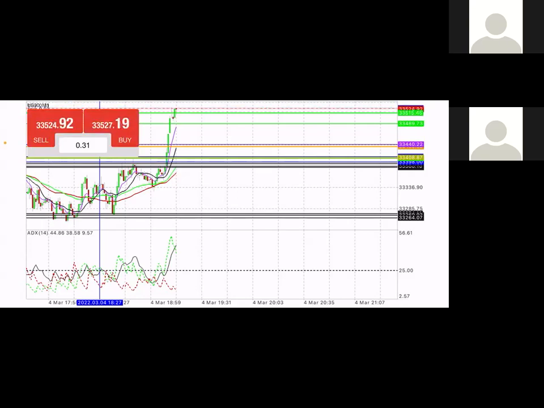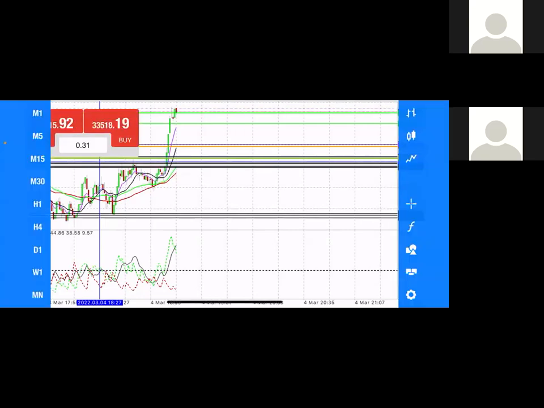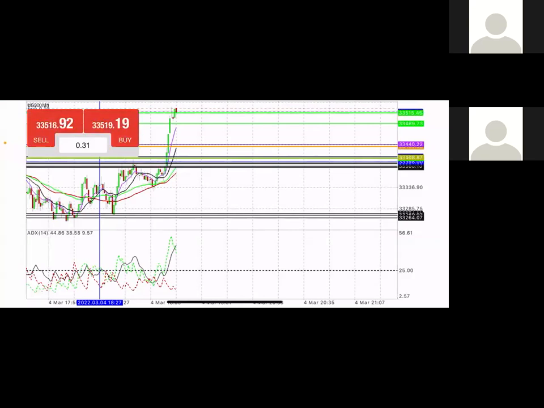One is black, blue is 5. You can make it whatever color you want. The only thing I recommend is you make the 1 minute movement black and the take profit red. Whatever color you can use, pinks and fuchsias. Whatever helps you trade. You don't have to do what I do. 100%. If you're fine with that, that's great.